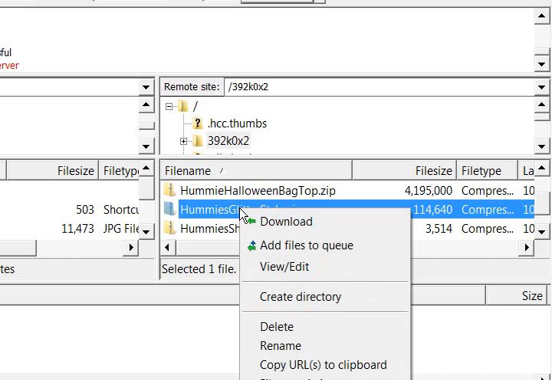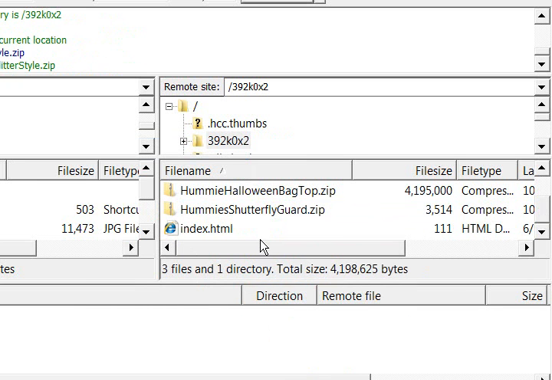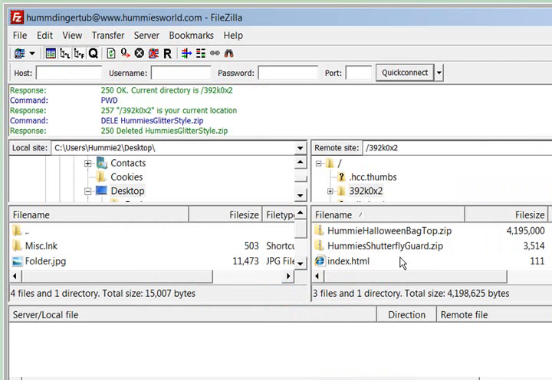Probably should be taking some of them out. I'm going to just right click and delete, and that is now off my server, and it no longer is going to work on my blog. So you can see that